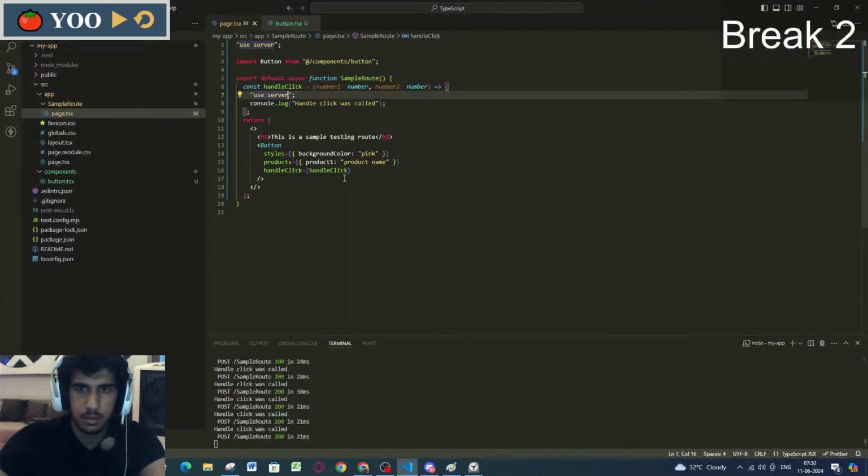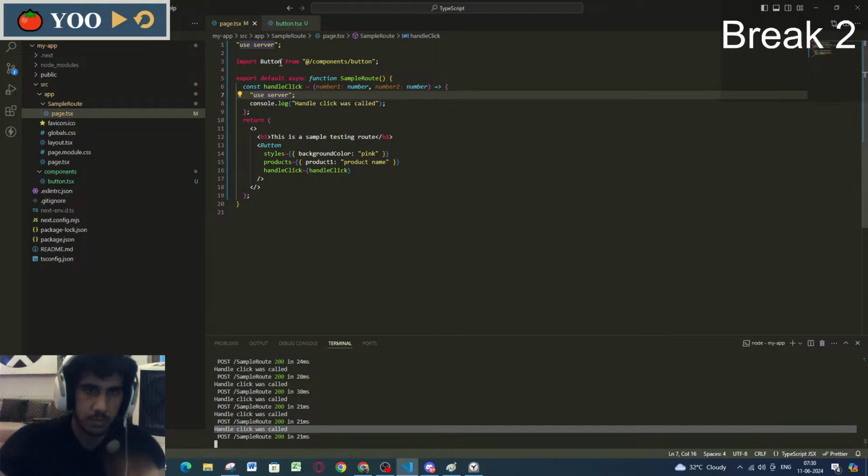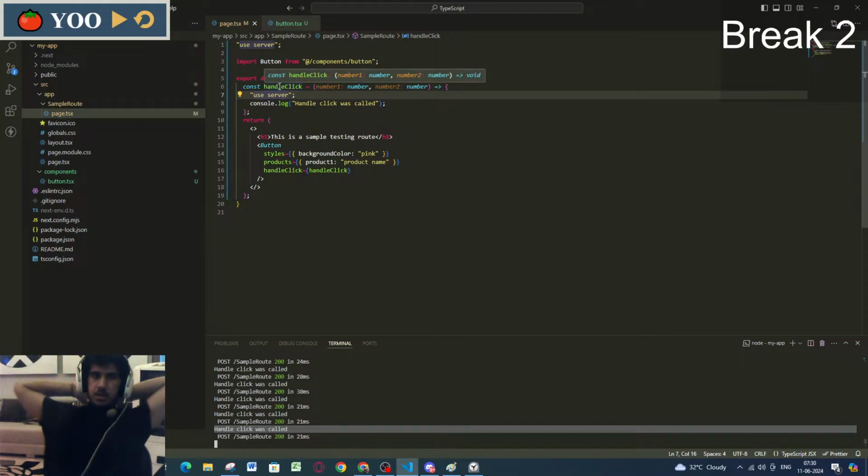क्या कर रहा था यार? मैं चेक कर रहा था ना. Handle click was called. Handle click was called. Post sample route. समझ गया मैं कि हम एक सर्वर से फंक्शन